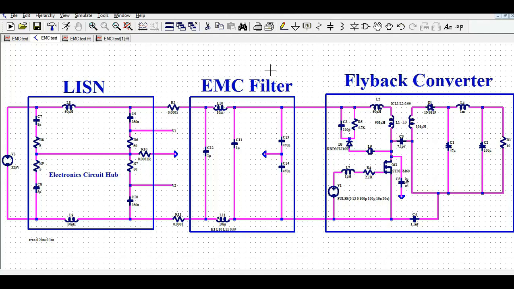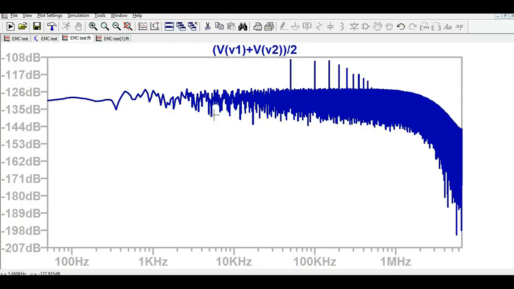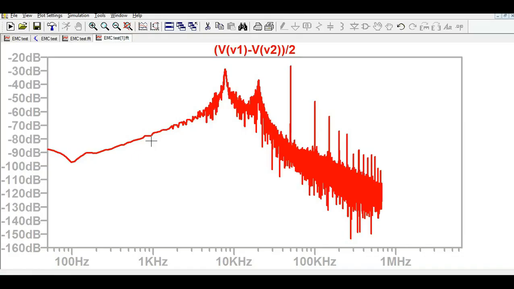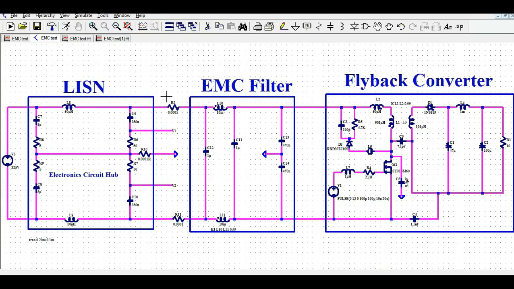So today we're gonna understand about the EMC noise simulation of flyback converter. So conducted emission noise simulation of the flyback converter. So let us see the common mode noise and the differential mode noise of the flyback converter by using LTspice. So we're gonna simulate the different kinds of noises generated by the flyback converter by using line impedance stabilization network,